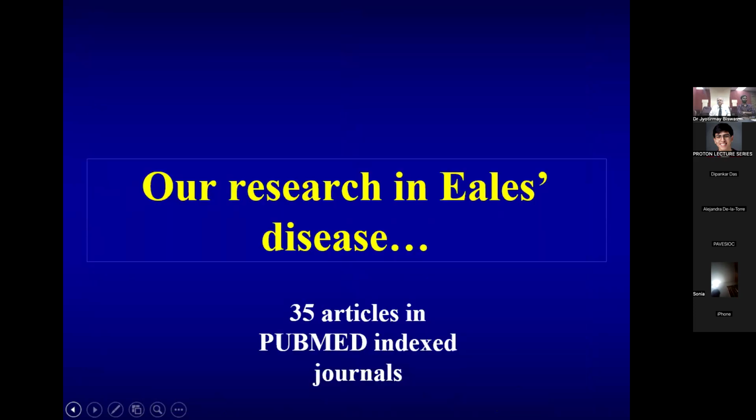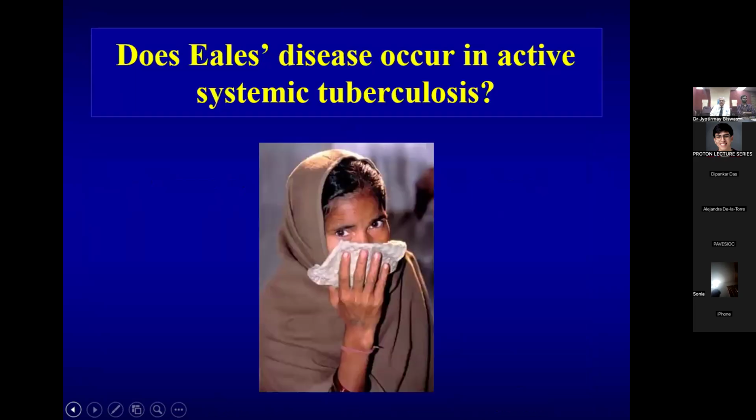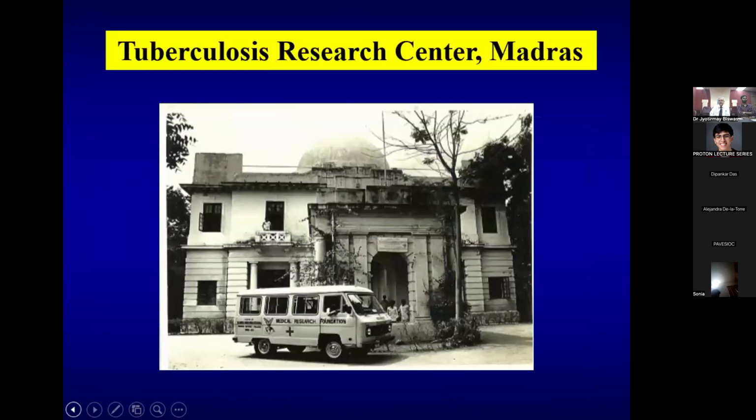Our research in Eales disease starts from 1985 onwards. We have published 35 articles in PubMed indexed journals. The question we asked at the beginning of our journey is: does Eales disease occur in active systemic tuberculosis? What we did, we went to a tuberculosis research center in Chennai, which was earlier called Madras, and we developed